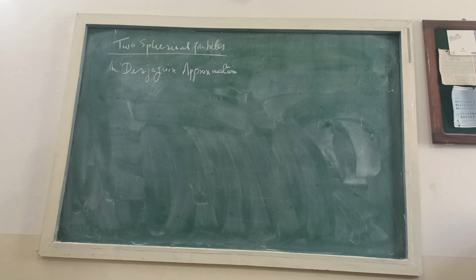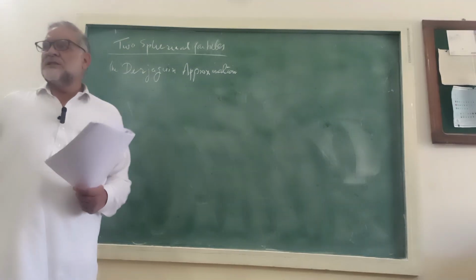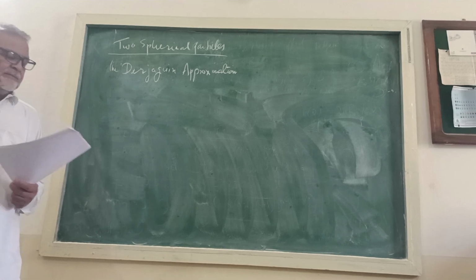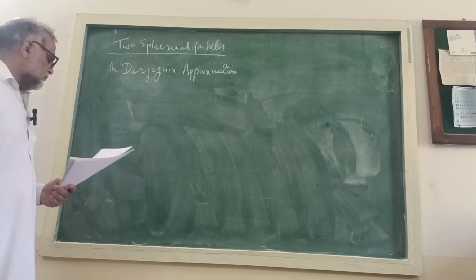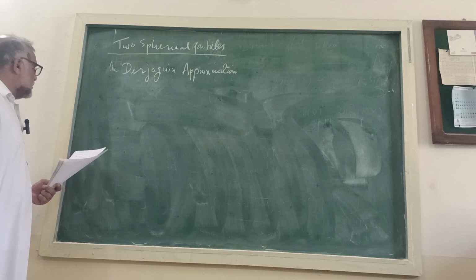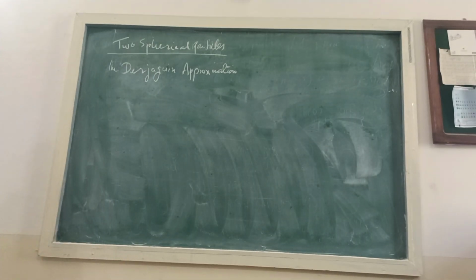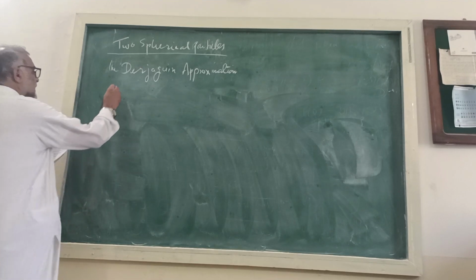Approximations are used to make complex things simpler. Right? So this diagonal approximation gives you the force between two spherical particles of radius